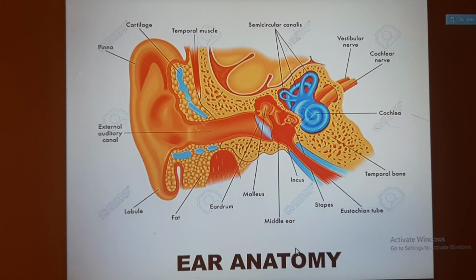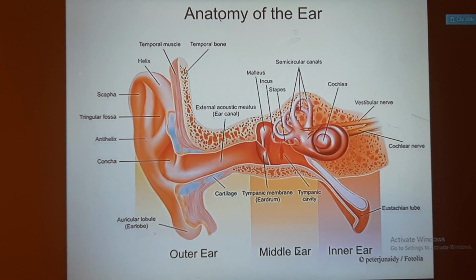Anatomy of the ear, you have already studied in first year. The ear has these parts, and the first one is the external ear. As you can see on the screen, there is the outer part, middle part and inner ear. The ear has been divided into three divisions. The outer part is what you can see. You can visualize the outer part, and you can also call it the external ear.